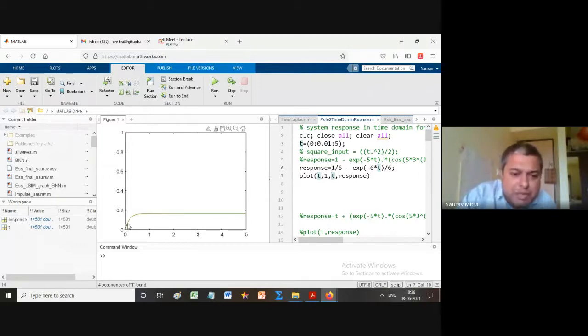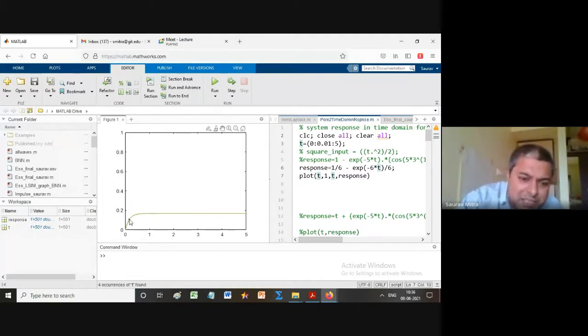And as time is going by, the output is increasing, and output has come here now, the value of 0.1666. So this is actually the steady state value for this function. So whatever is the distance between these 2 points, so this says input is 1 and output is this. Okay, so this distance is nothing but the steady state error.